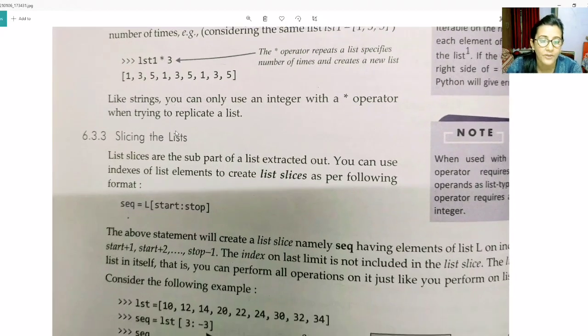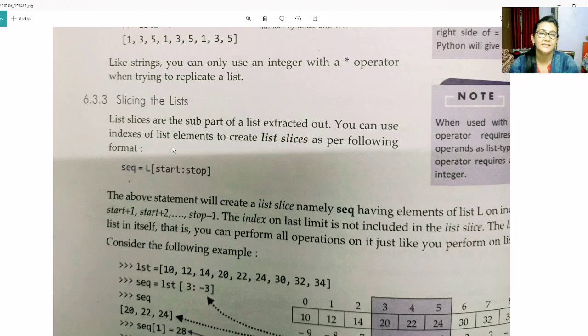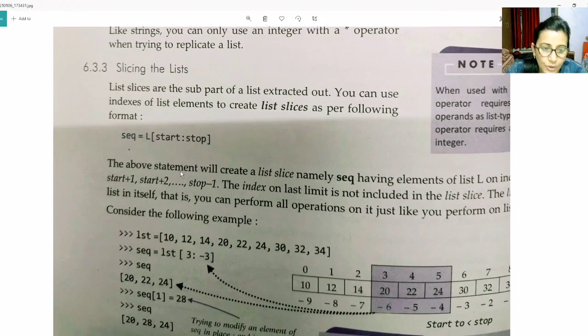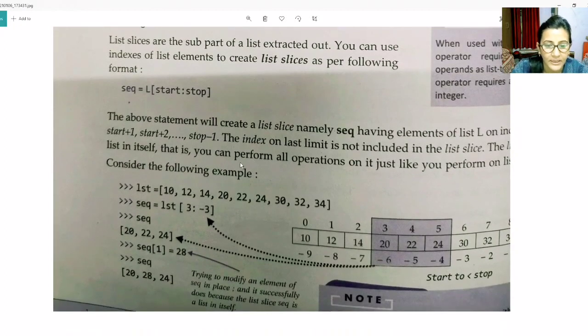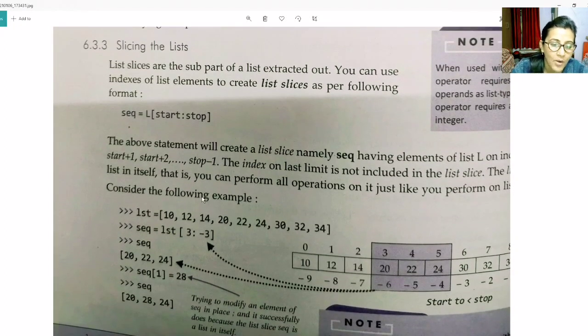Okay, now the very important thing, that is slicing the list. So students, see how slicing happens. The syntax for slicing is start, then colon, then stop, and one more is there, that is step. It's not given here, that step. Now I will show you how these things will work. Suppose in a list, you can see here also